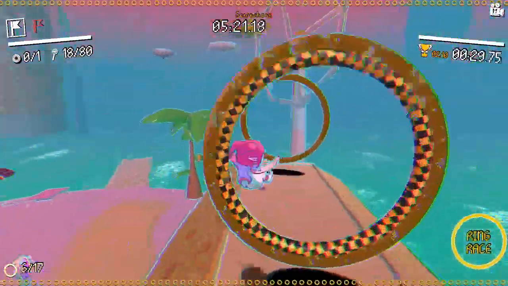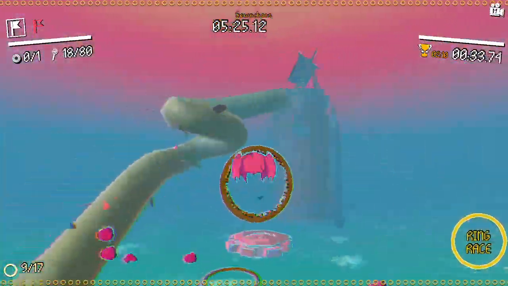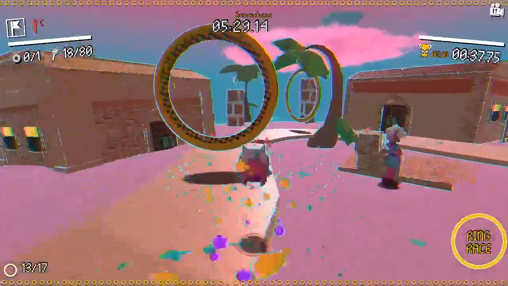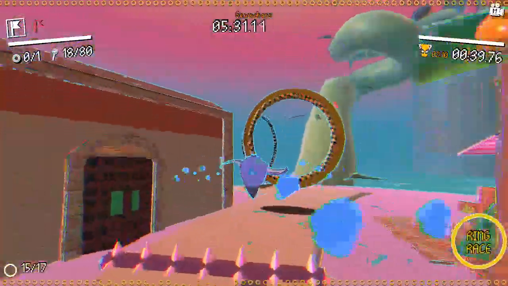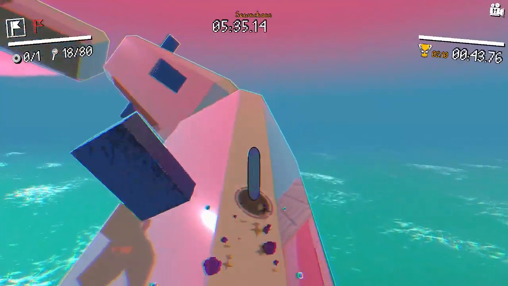So then doing this. And then you see I almost missed that platform there, but I can just easily do a triple jump into a wheel jump to make the cycle. And then here, what I was talking about is